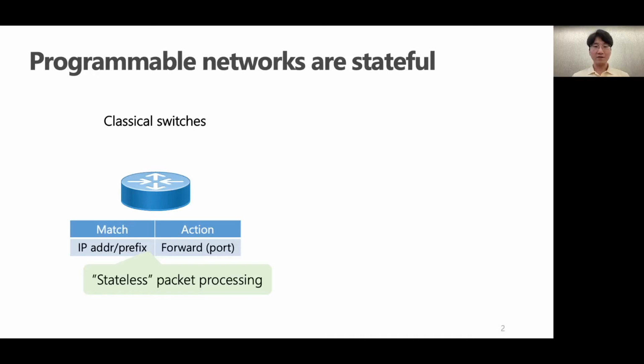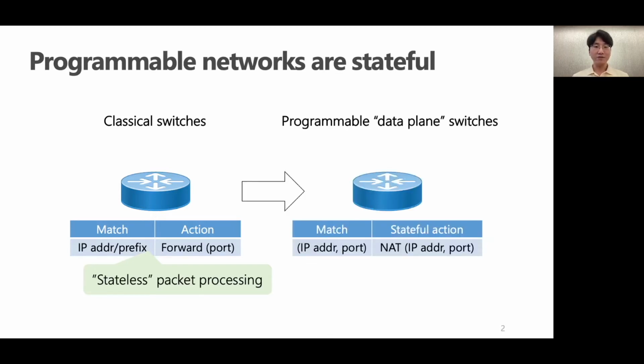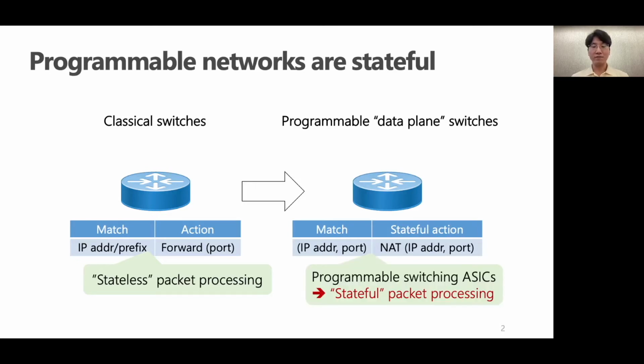To give you a context of this work, in traditional networks, switches are just a stateless packet processor that forwards packets based on simple match action rules. In contrast, in today's networks with programmable data planes, network switches become a stateful in-network compute machine that can perform some stateful actions. A key enabler for this is the recent advance of programmable switching ASICs such as Intel's Tofino chip, which can process a few billion packets per second at line rate while executing some stateful operations for each